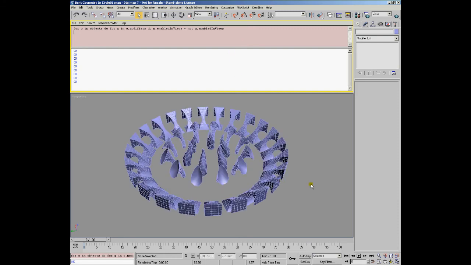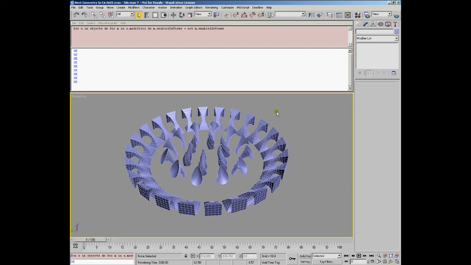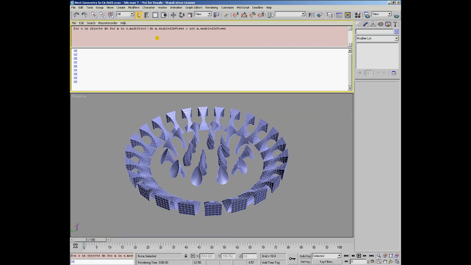As seen in previous examples, we can limit the effect of a for loop using the where statement and filter only the objects, only the modifiers, or both, in order to affect only those that we want to. For example, in order to turn off only the bend modifiers in all scene objects, we could add for all in objects do for m in all modifiers where the class of the modifier is equal to bend, then